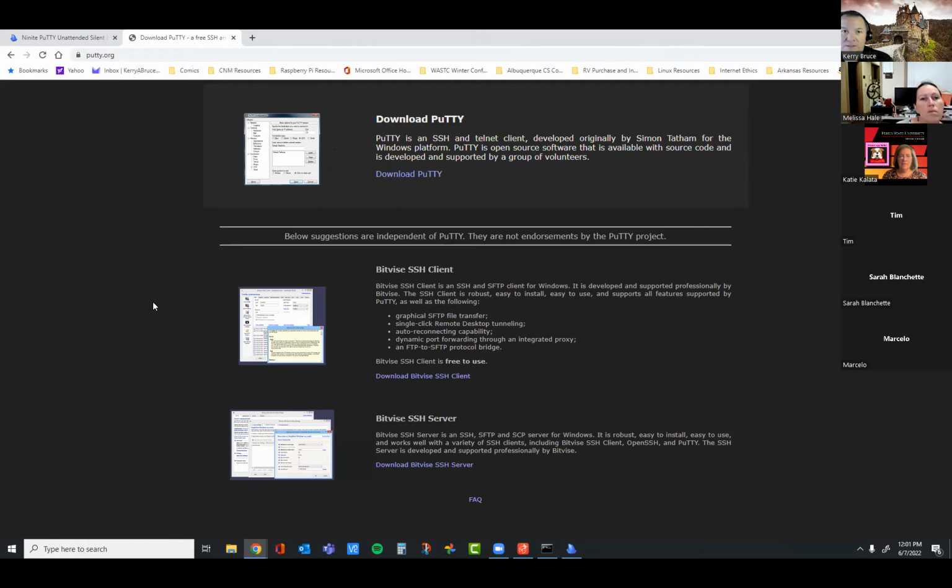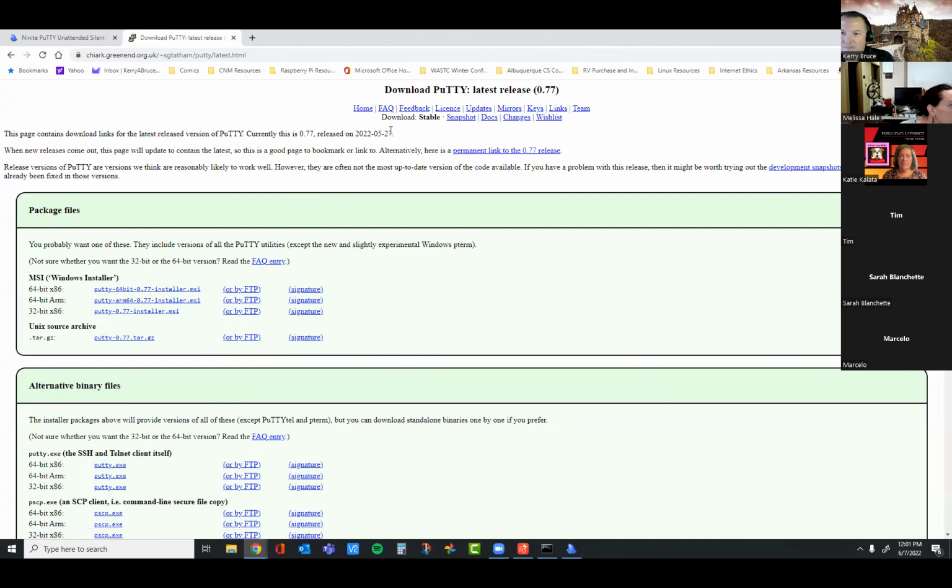Hopefully it's not blocked as well. That one was not, okay. Although when I click on the Windows installer, it says site can't be reached. So if you click download that, and let's see, the MSI installer, I think you probably could get away with the very first one. Yeah, that's what I tried. And when I click on that, it says this site can't be reached. The connection was reset. That sounds like your network.